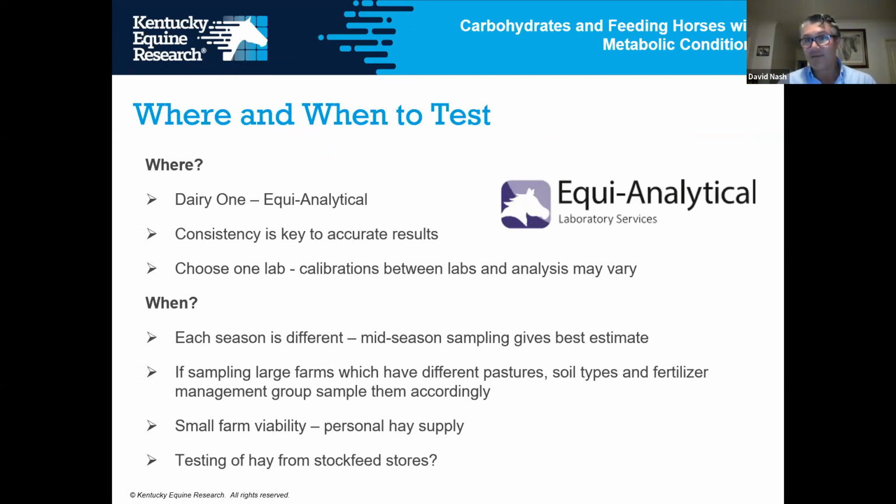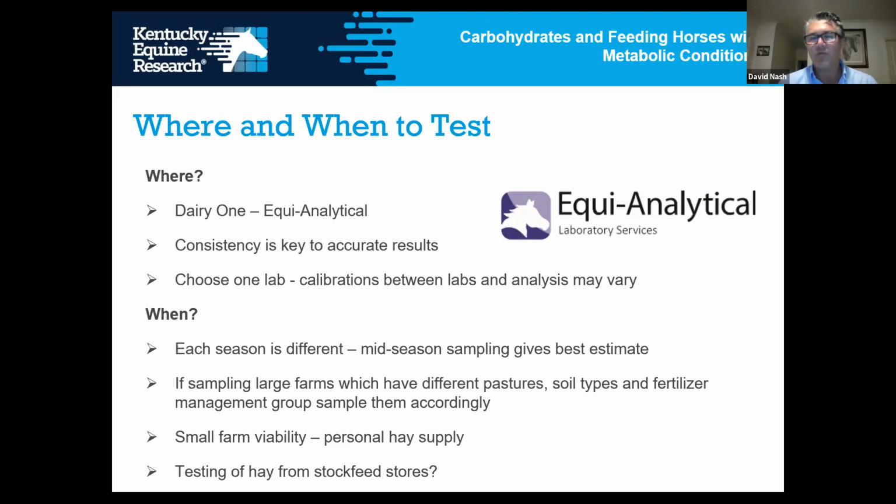So where do we test our pasture? We've had a relationship with Dairy One in New York. Part of the company is called Equi-Analytical. So we have some fantastic calibrations there that enable us to provide really accurate results. And since they've been looking at equine pastures for decades, they're really narrowed down on what's important to us. So as we'll talk about in a minute, we're narrowing down the sugar fractions, which enable us to provide quite a